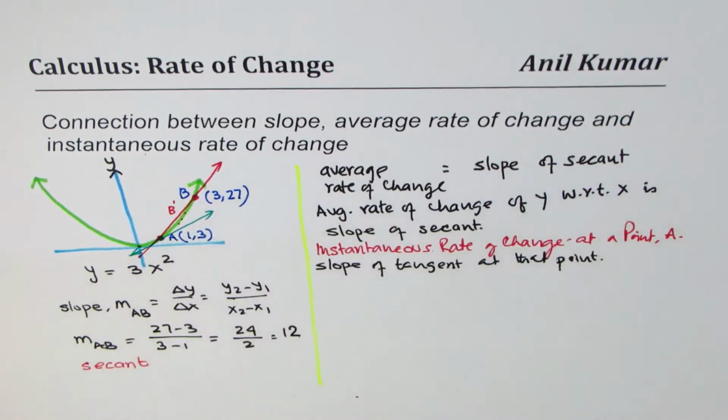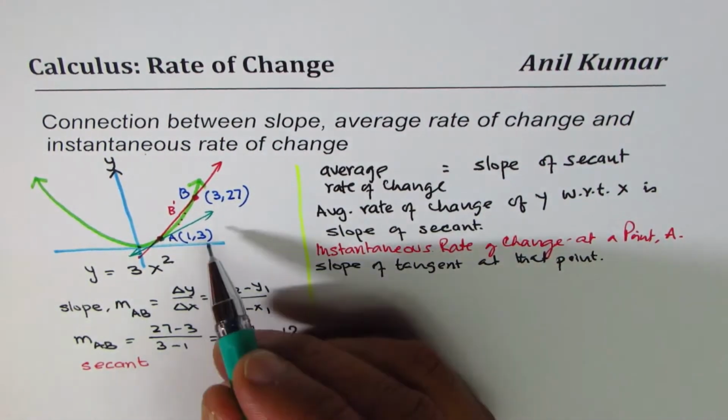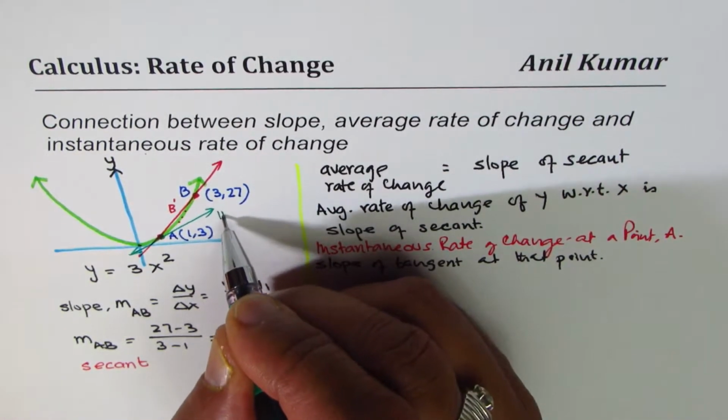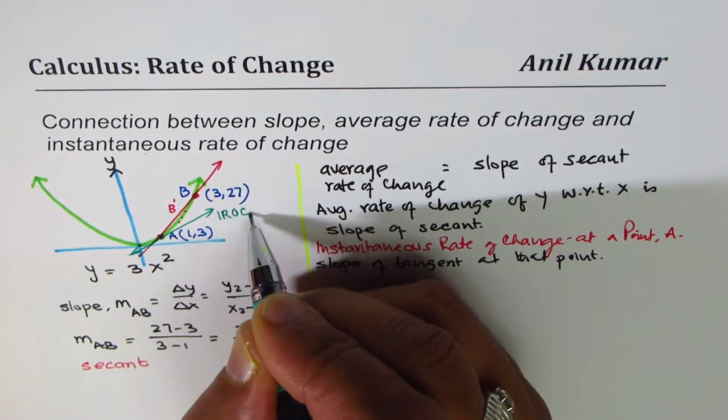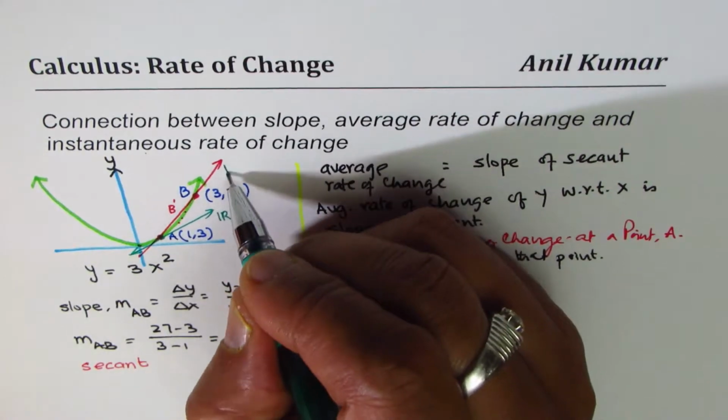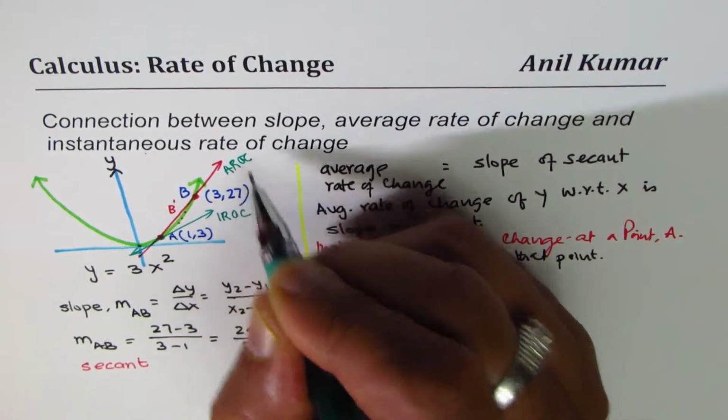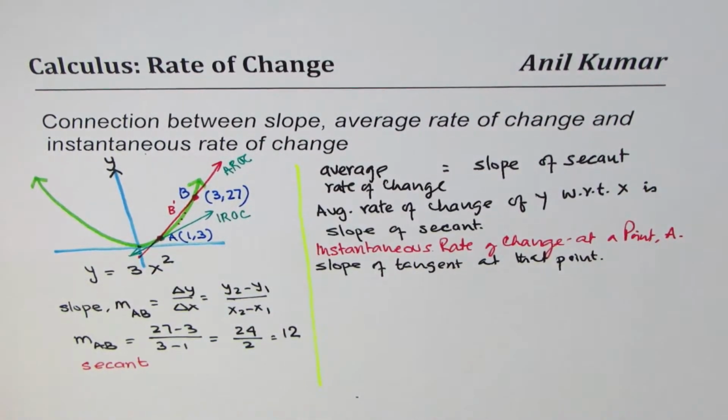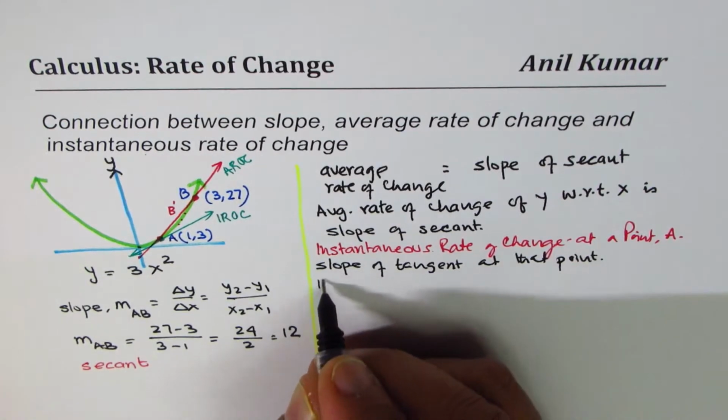Touching A at just one point. So the slope of this is the instantaneous rate of change. The slope of the secant is the average rate of change. Do you see that? So that is how they are related. The concept here is that instantaneous rate of change